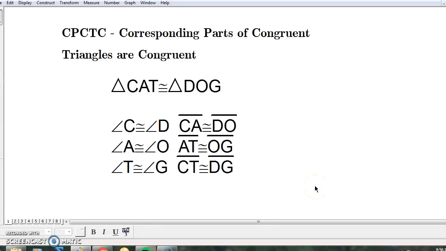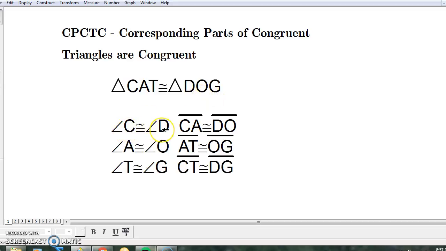Hello, geometry students. Today we're going to talk about congruent triangles. When we say that two triangles are congruent, we all know that means they're the same size and same shape. What that also means is there are 6 parts of a triangle, 3 angles and 3 sides. So when we say that triangle CAT, for example, is congruent to triangle DOG, we mean specifically that angle